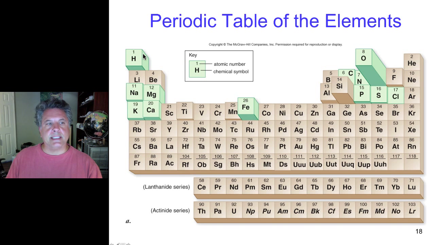So let's start out very simply and look at hydrogen, and then we'll move to helium over here, even though it's not important in biology, just to get our minds around electron configurations. And then we can look at, for example, sodium, carbon, oxygen, nitrogen, if we want to. And maybe we'll look at chlorine as well. So let's draw out some electron configurations now for these various elements. Let's start with hydrogen.